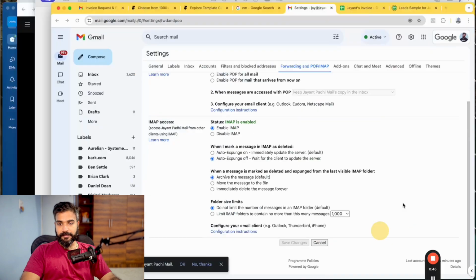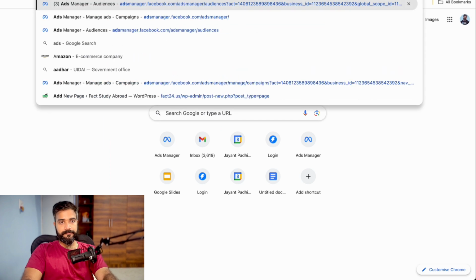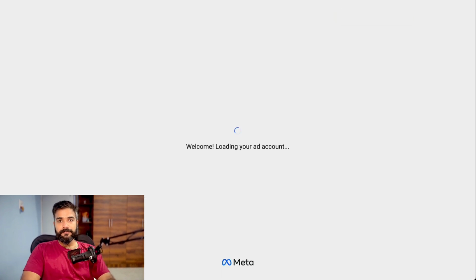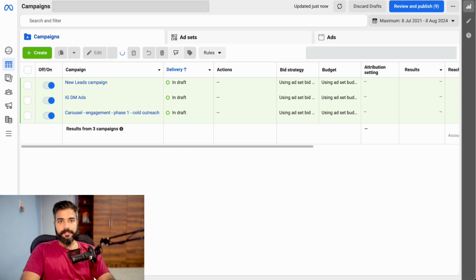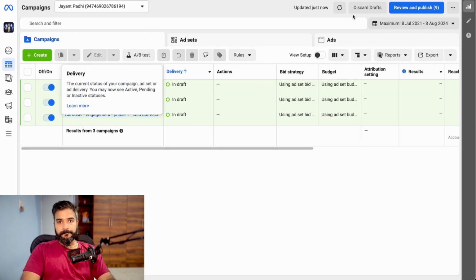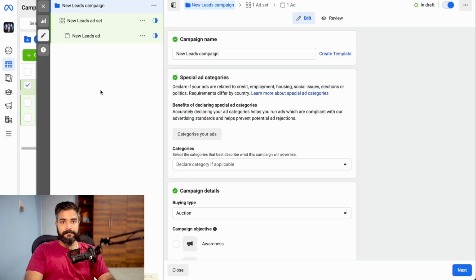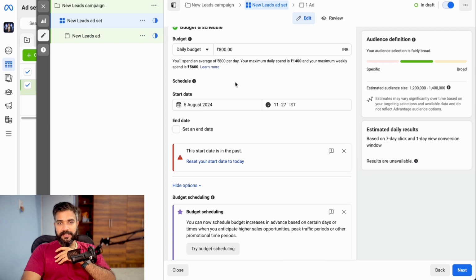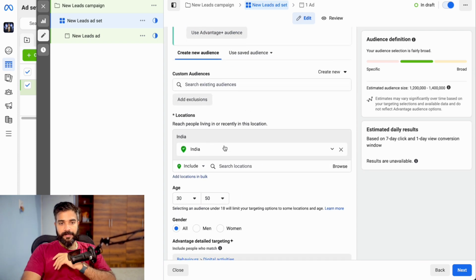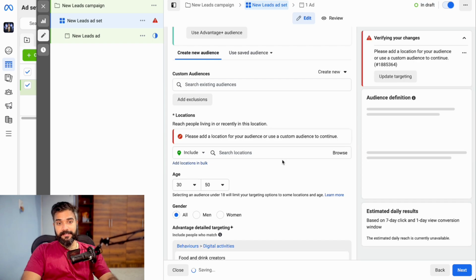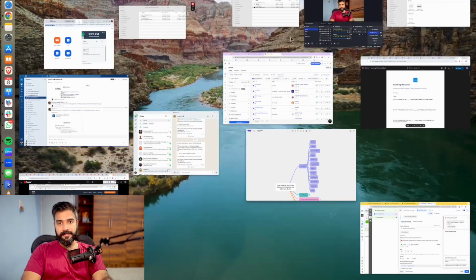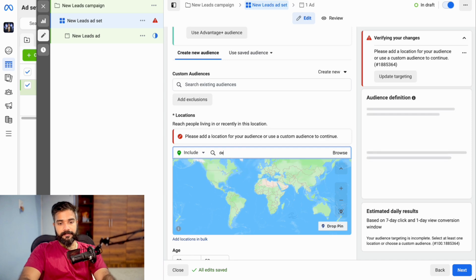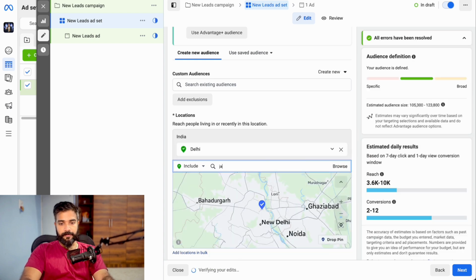Well, let's go to our ads manager, and I'll just delete all these extra tabs that I don't want. Let's open up this dummy leads campaign. And right here, budget and all, I'll tell you how to pick. So right now the location is set to India. Instead of that, simply go for these: Delhi, Jaipur, Ahmedabad, right? Delhi. There we go.